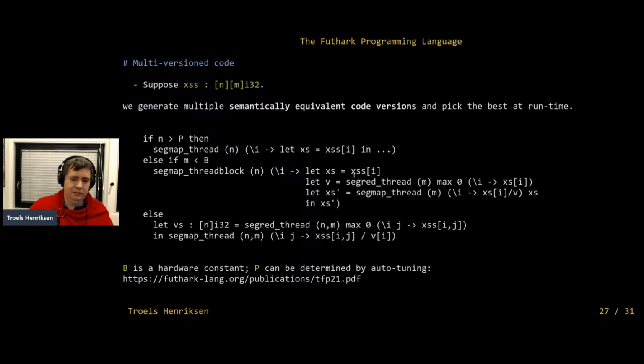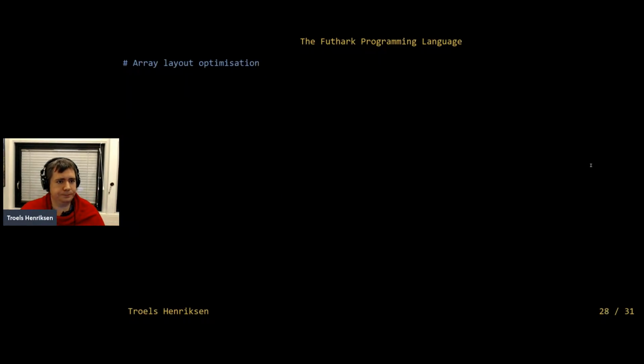It turns out to be quite effective, this transformation, but it does mean that the code size does increase significantly. There's some pruning and such, but in the worst case, you get an exponential increase in code size, exponential in the maximum depth of your parallel nesting, which is usually not that big in practice. So your program will not completely explode. Exponential sounds worse than it is, but that is a trade-off. You will get a larger program. Of course, we have some heuristics for not generating versions that are meaningless, and you can also add some attributes to pick the one that you intend if you know what you're doing. But that is a trade-off here.